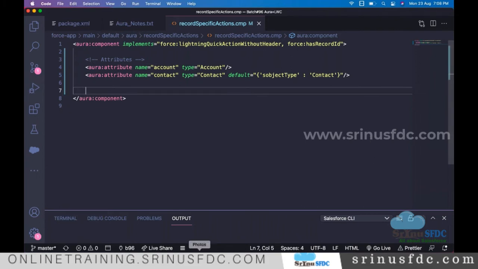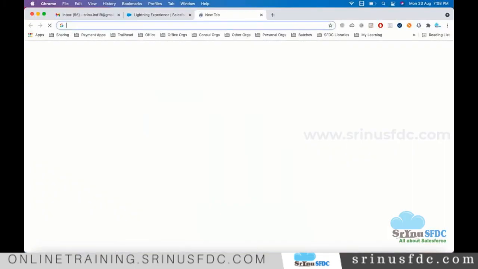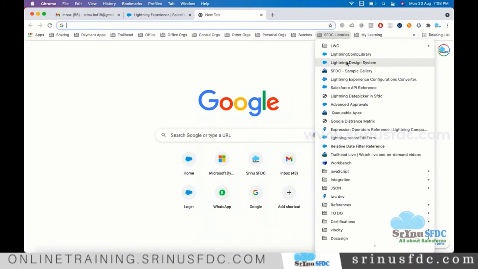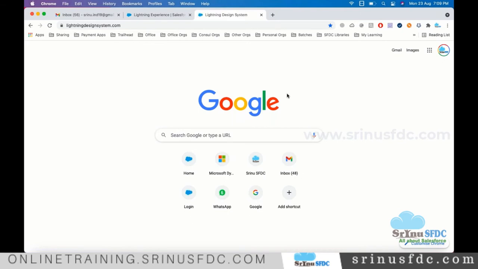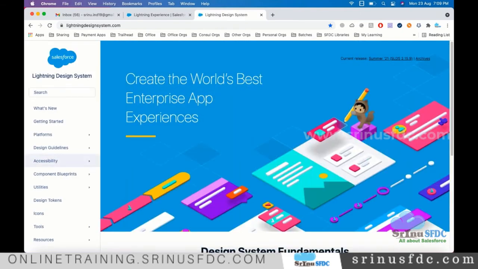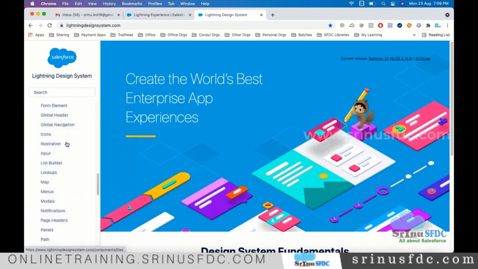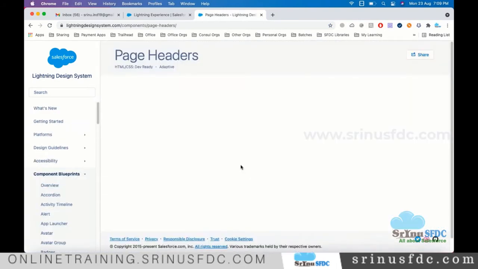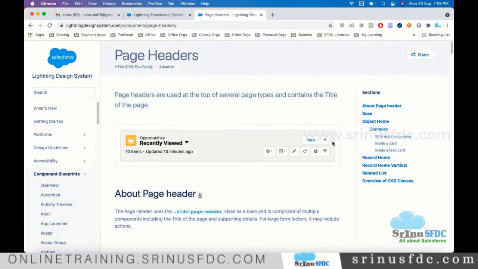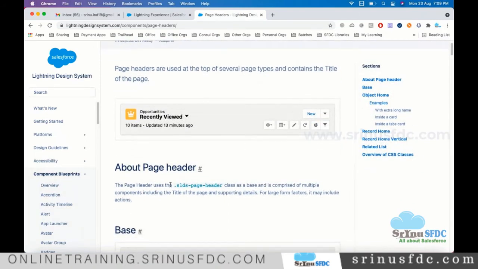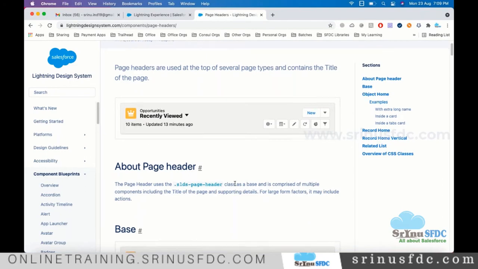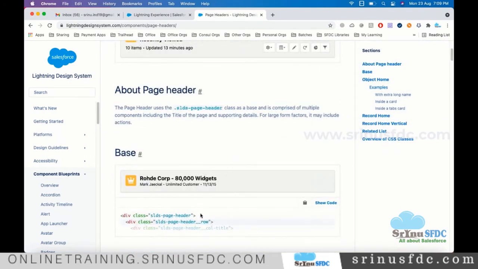To see how the heading looks, go to component libraries, and go to the Lightning Design System website. I want a heading, so go to components and you see headers. Maybe you see page headers like this. The page header uses the class as a base mainly for showing the heading.